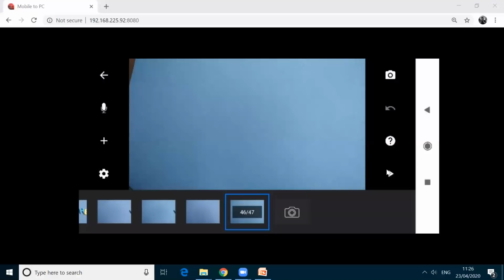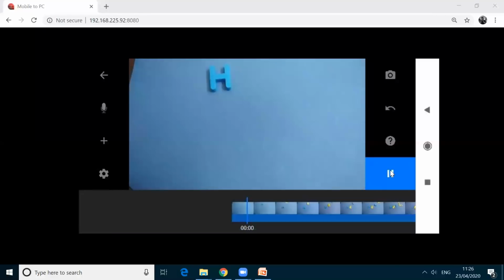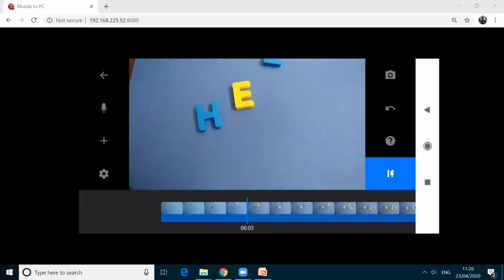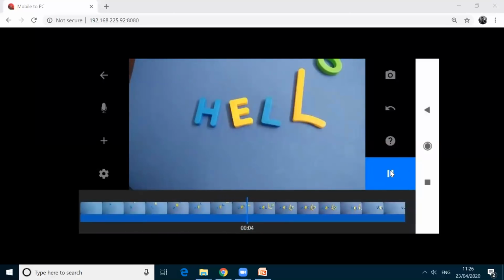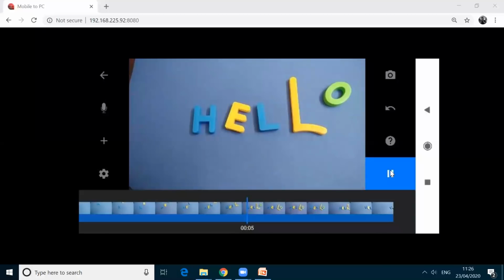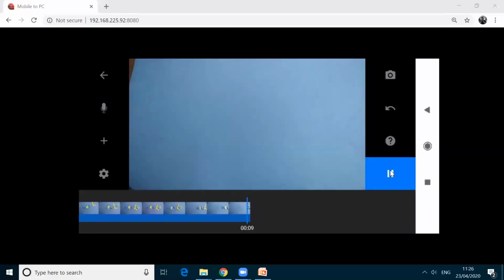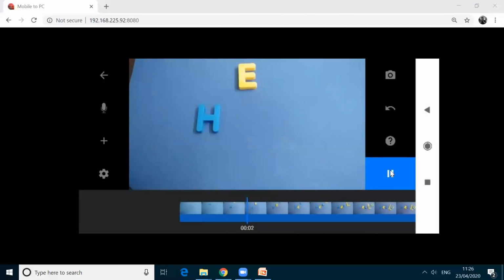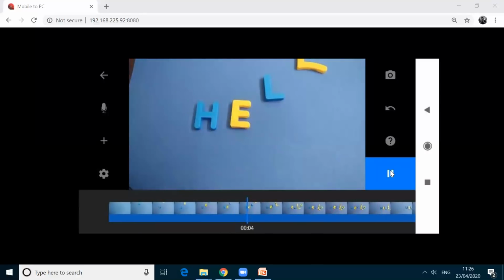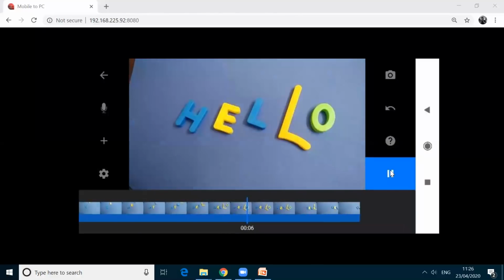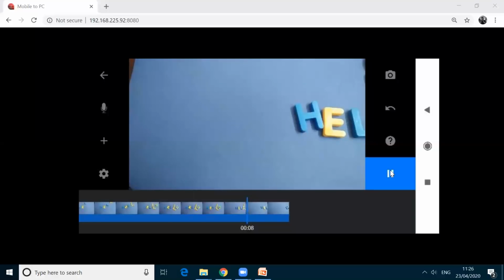Just I am checking whether I am recording or not. Okay, here the option play button is here. Now I am playing. See? Okay, I am keeping pause here.